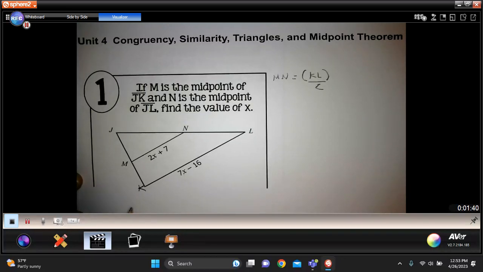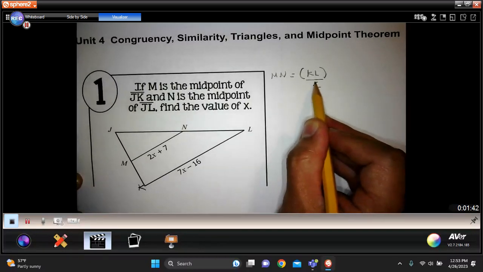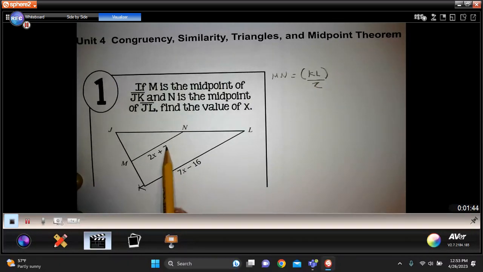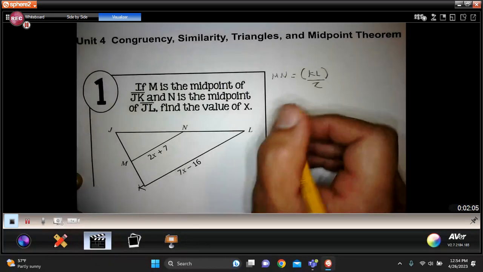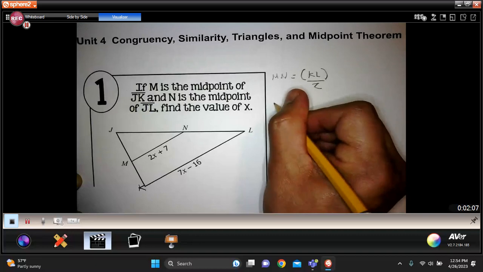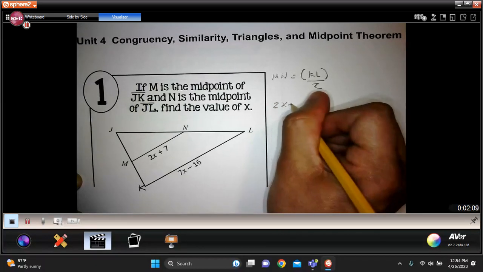When you have a number that, for example, let's say this is 40, that means that this one is going to be 80 because it's going to be double the size. Now, you need to apply the same thing to your equations. So in order for us to do that, I'm going to substitute the MN for this equation given here of 2x plus 7